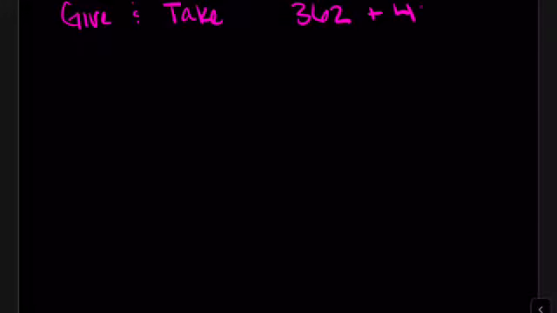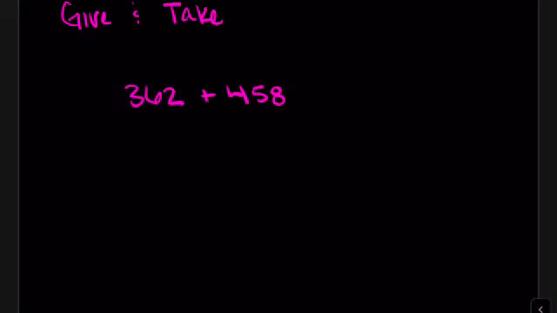All right, this time we're going to talk about give and take. And we're going to use the problem 362 plus 458. As I've mentioned, adding with zeros is easier, and so we're going to make tens. I'm going to take this 2 from over here, and I'm going to give it to this 8 over here with 458, okay? So that I end up with, if I do the math, 360 plus